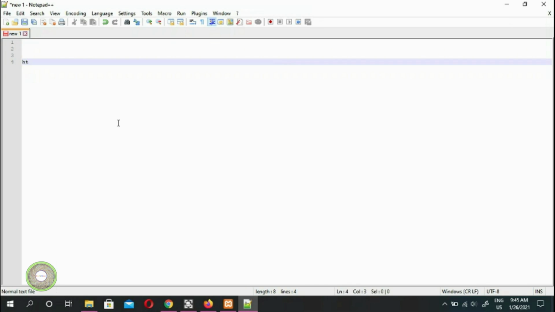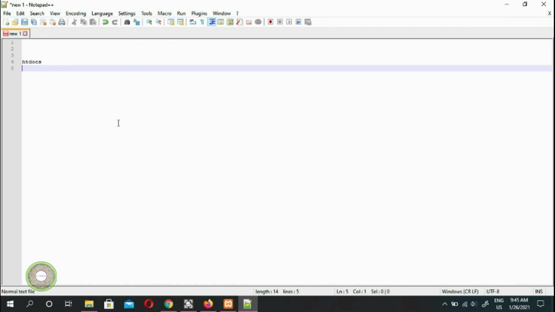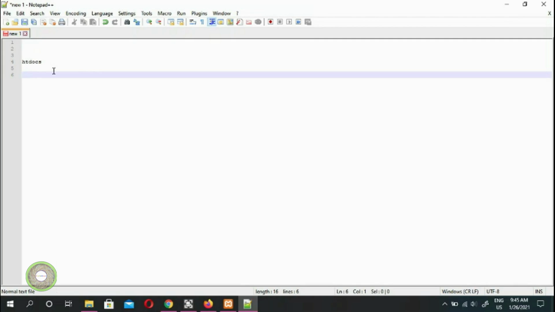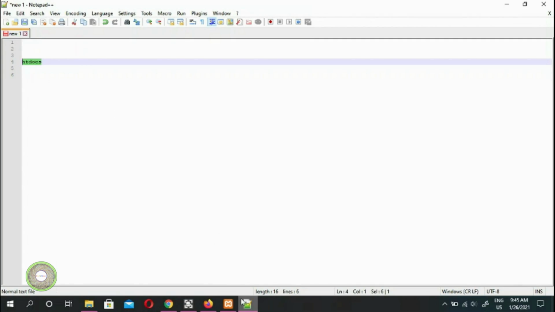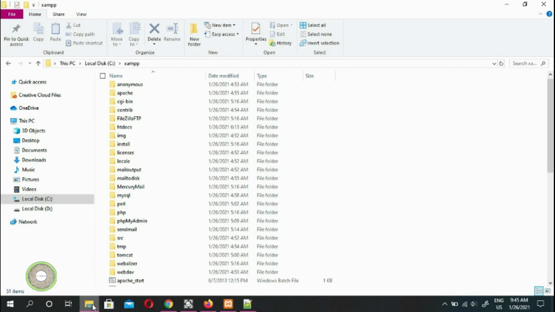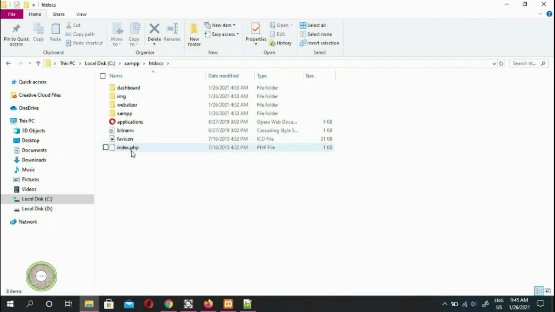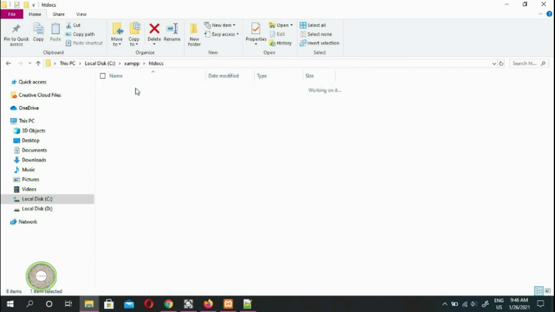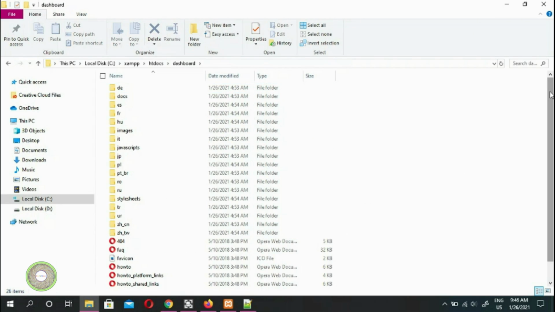htdocs. Okay, so we are interested in this htdocs. That's what we want. We want to go here because that's where we're going to put all our HTML files. All right, so you guys saw the dashboard. That's where it's coming from. It's coming from here. And we go inside the dashboard,